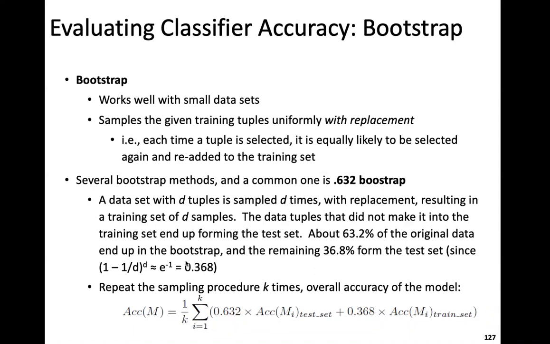And roughly you have a formula estimate, which is 1 minus 1 over d to the power d. There are some formulas behind that. If you repeat this sampling so many times, you will get some overall accuracy.